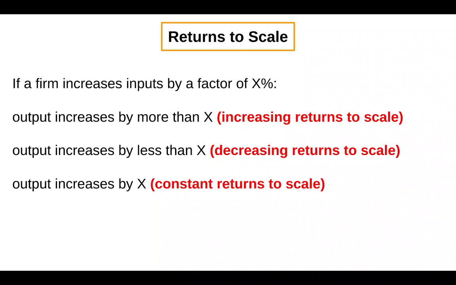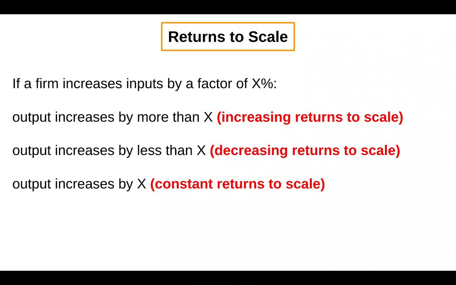Well, if a firm increases its inputs by, let's say, a factor of 50%, let's make the X 50%. If the output then increases by more than 50%, that means we have increasing returns to scale. So if you double your inputs, for example, and you more than double your output, you have increasing returns to scale, which means your resources are really working hard and giving you